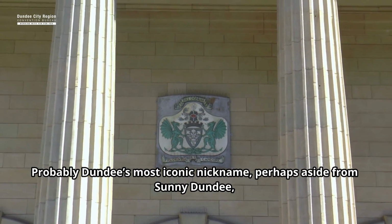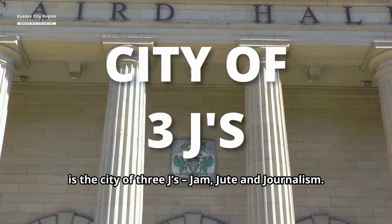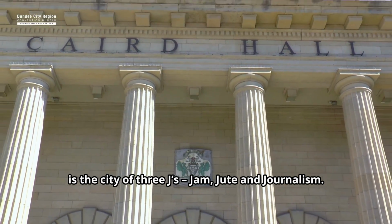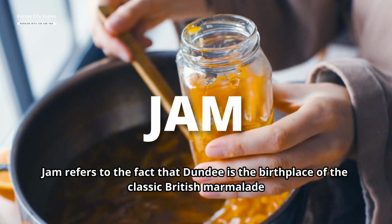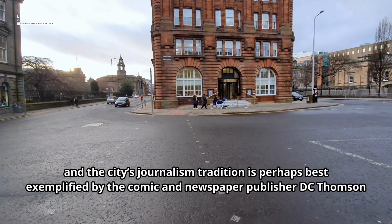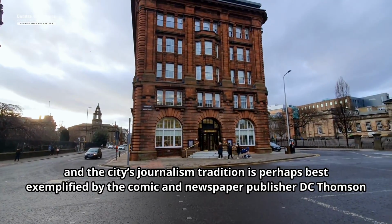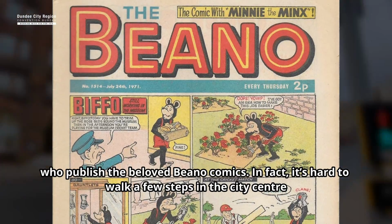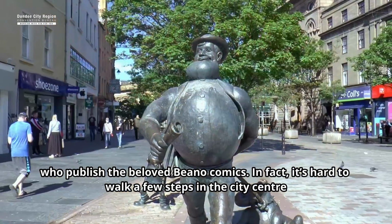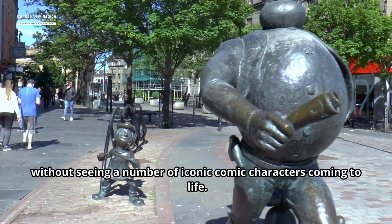Probably Dundee's most iconic nickname, perhaps aside from Sunny Dundee, is the City of Three J's: Jam, Jute and Journalism. Jam refers to the fact that Dundee is the birthplace of the classic British marmalade, and the city's journalism tradition is perhaps best exemplified by the comic and newspaper publisher DC Thomson, who published the beloved Beano comics. In fact, it's hard to walk a few steps in the city centre without seeing a number of iconic comic